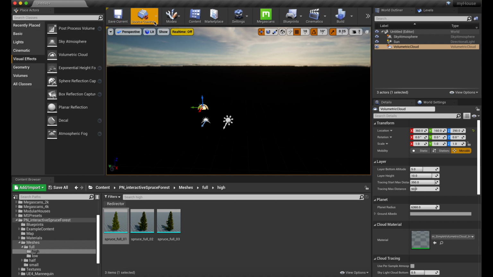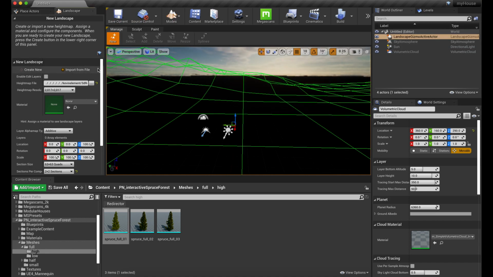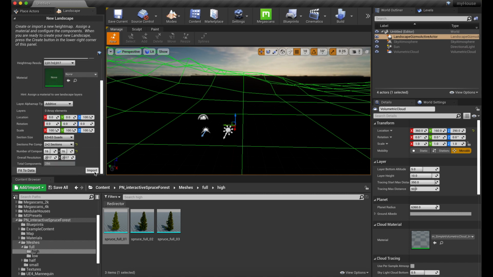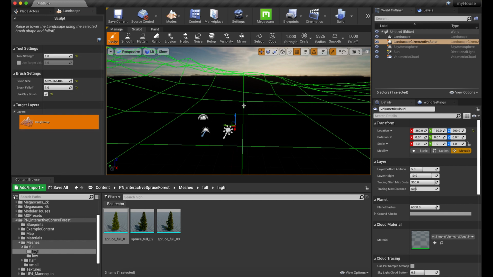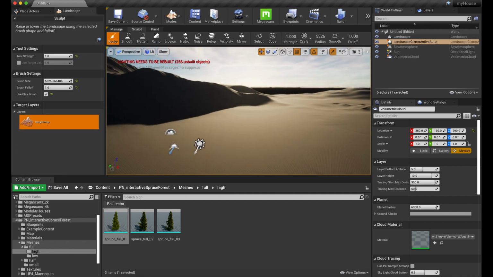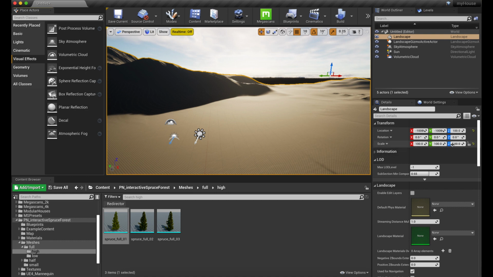Now, I want to deal with setting up my lighting. So I'm going to give myself, very quickly, just a landscape. I'm going to import something from a file that I've got on my hard disk. I'm going to use a height map for this and import that into my scene so I have something to look at. And it's interesting that the Z value for the terrain is always super low. So I got to switch back to select mode,